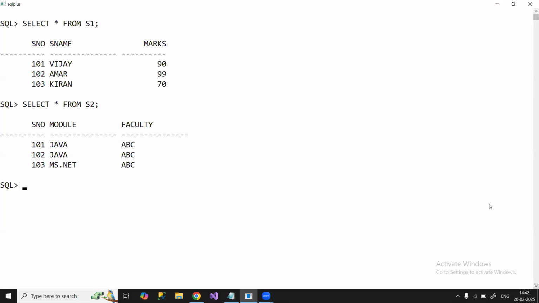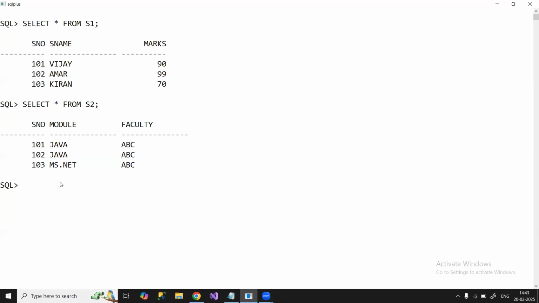So here 101 Vijay, learning Java, faculty ABC. 102 Amar, learning Java, faculty name. 103 Kiran, learning MS.NET, faculty ABC is given here. So how can we identify the values in both tables? The common column name is